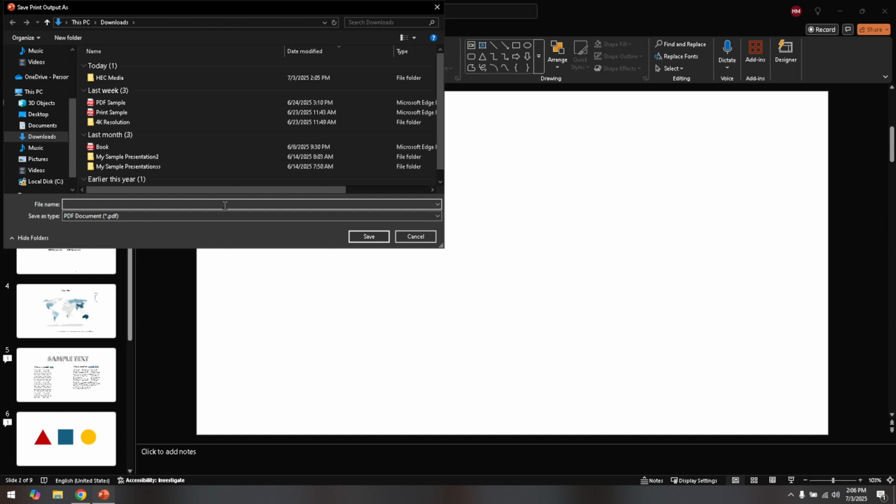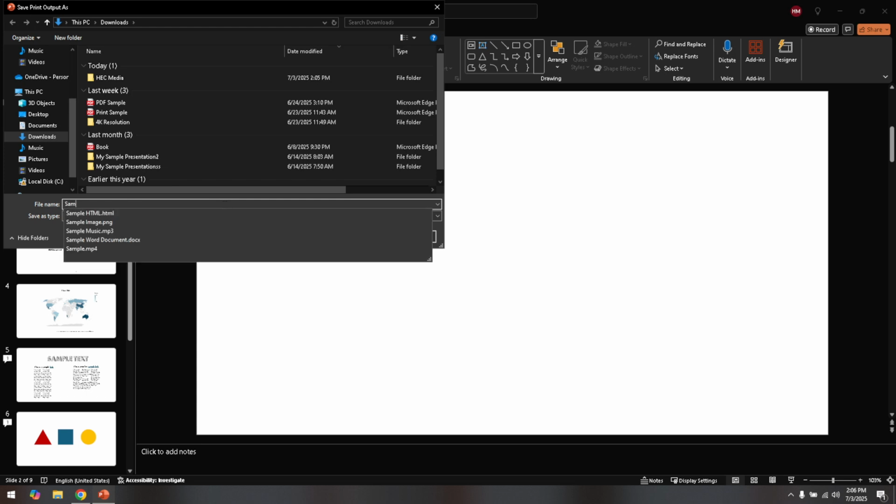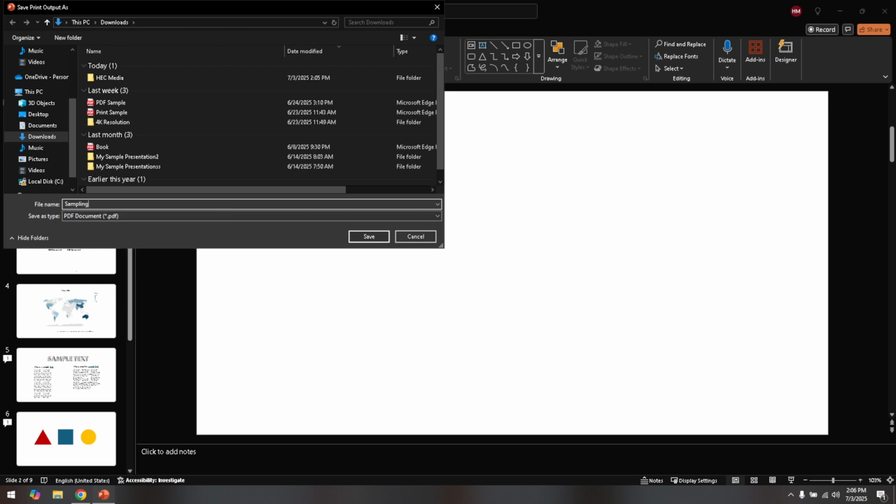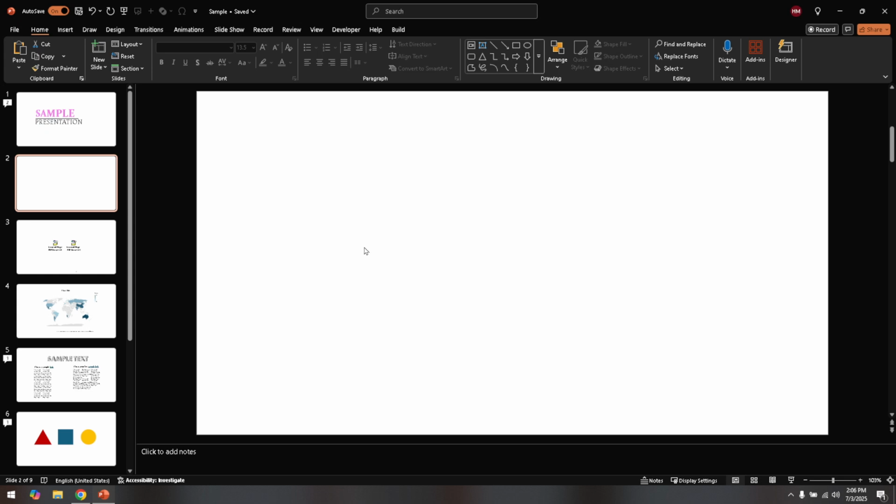When prompted, type in a suitable name for your PDF file. It's a good idea to choose a name that reflects the content or purpose of the presentation for easy identification in the future. Once you've entered the file name, confirm your choice by clicking on Save. PowerPoint will now generate a PDF of your presentation with the notes, ready to print or share digitally as needed,